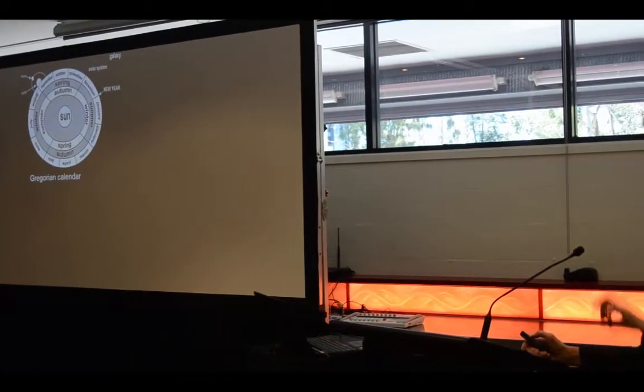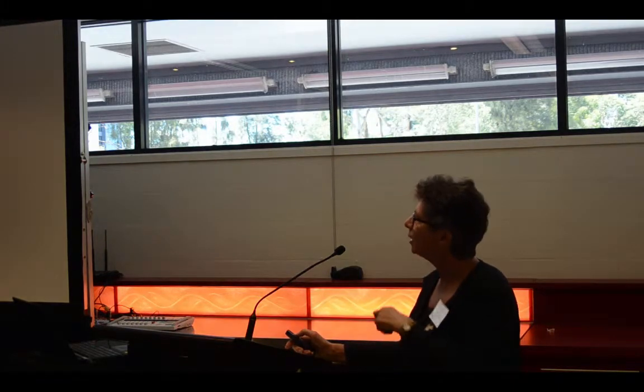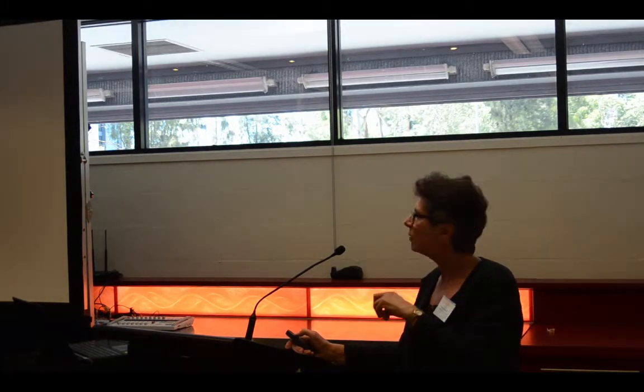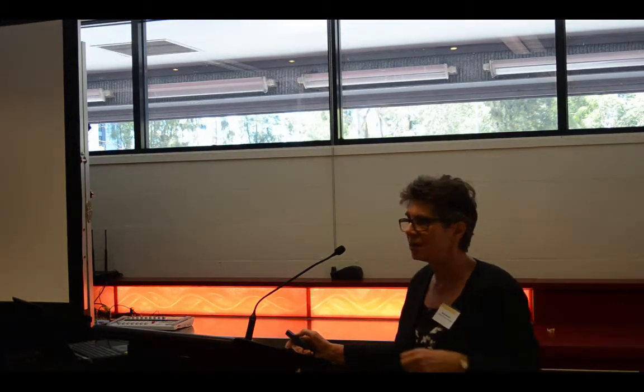So here's another example I gave in my class to try and show students that what concepts mean depends on the model or theoretical framework it's used in. So this is a diagram of the calendar we're familiar with, the Gregorian calendar, which is based on the motion of the Earth around the sun. And so there's a year that's more or less the same size every year, and we have the same months